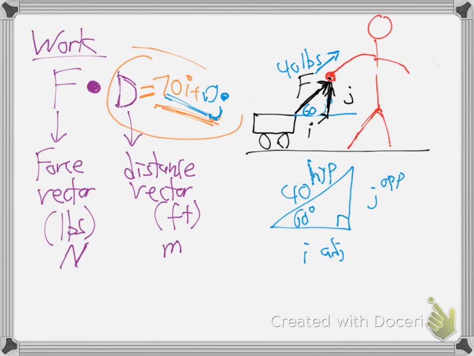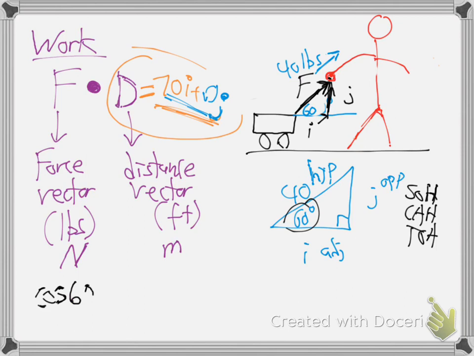So what trig relationship, sine, cosine, or tangent, involves I and the 40? The adjacent and the hypotenuse. Cosine. Remember SOHCAHTOA, right? So the cosine